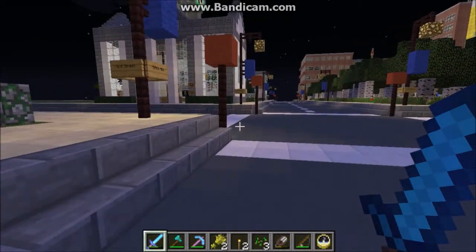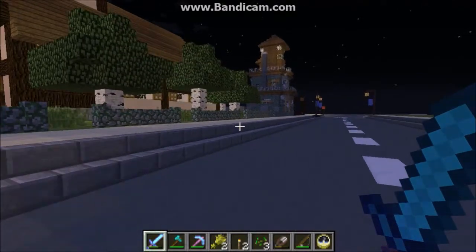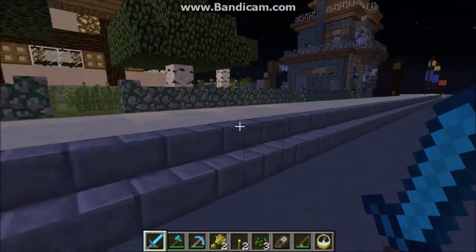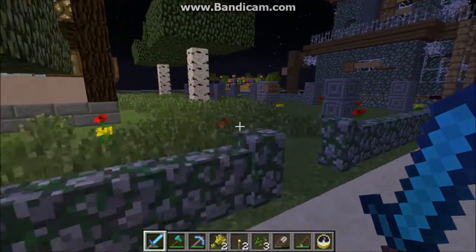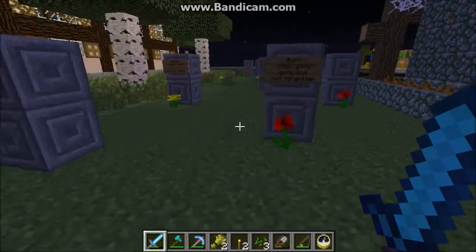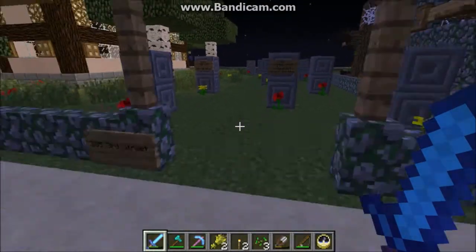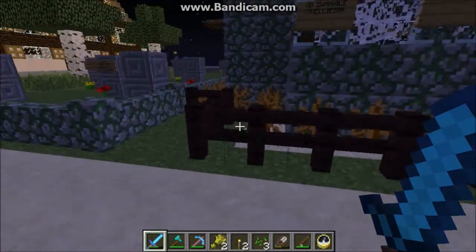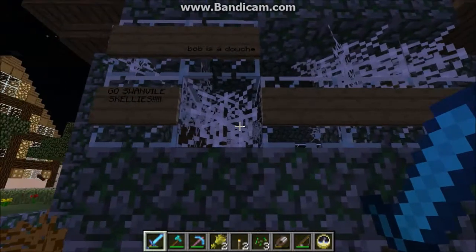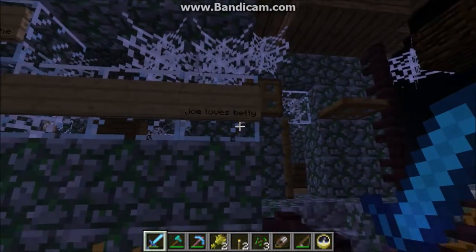Let's see, we've been to the bank. Oh, behind the church is the graveyard. This is a good time to come down here, actually. So behind the church is the graveyard. In here. And then behind it is the spooky old house. Look, we've got some graffiti